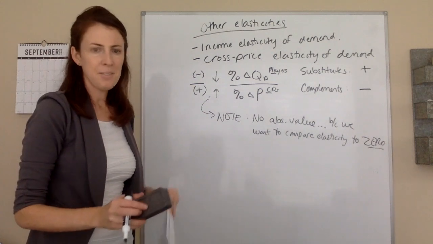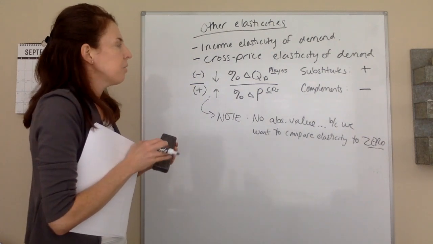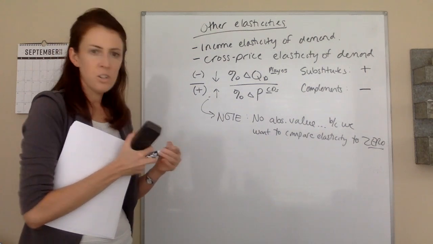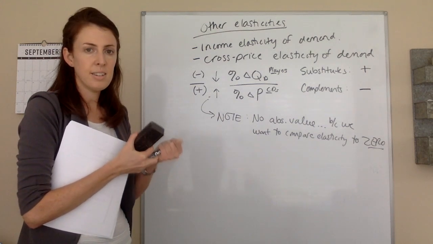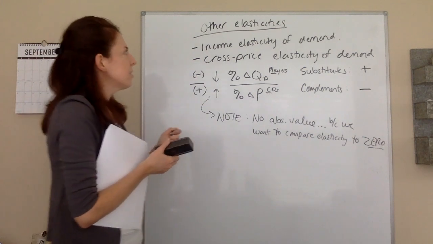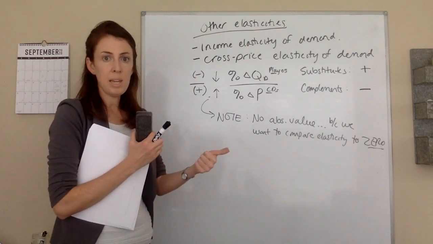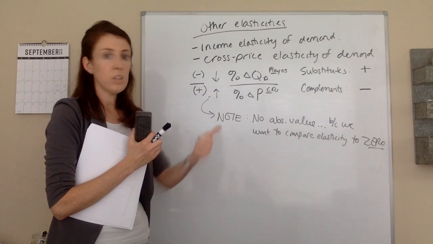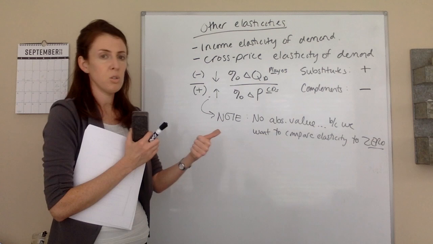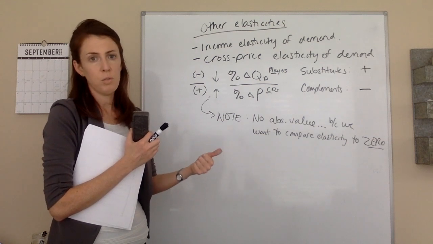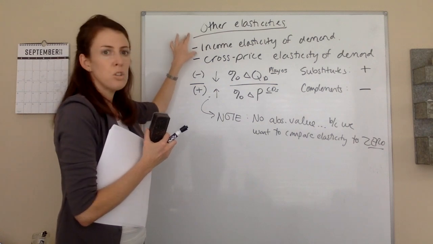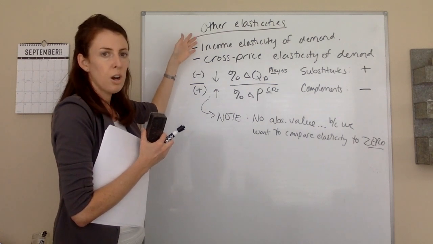Okay, I'm going to stop there for the day, and we're going to finish up this chapter next class. So what you need to make sure is definitely ingrained into your head is what the price elasticity of demand means and what it's good for. It's good for telling you whether or not price increases or decreases would increase or decrease total revenue for a firm. You need to understand the income elasticity of demand, which is useful for understanding whether goods are normal goods